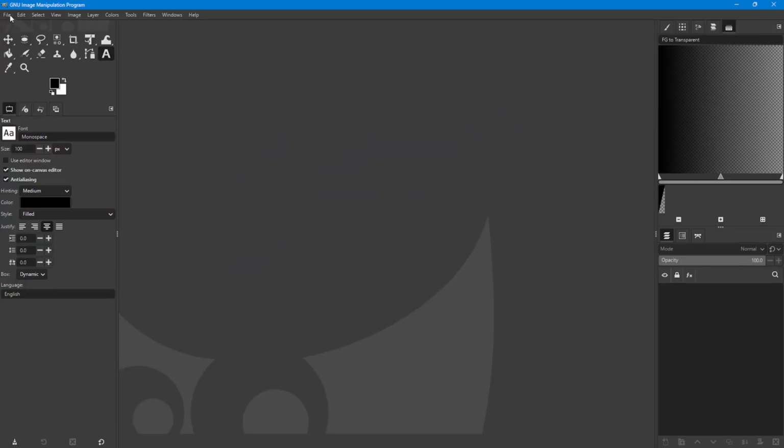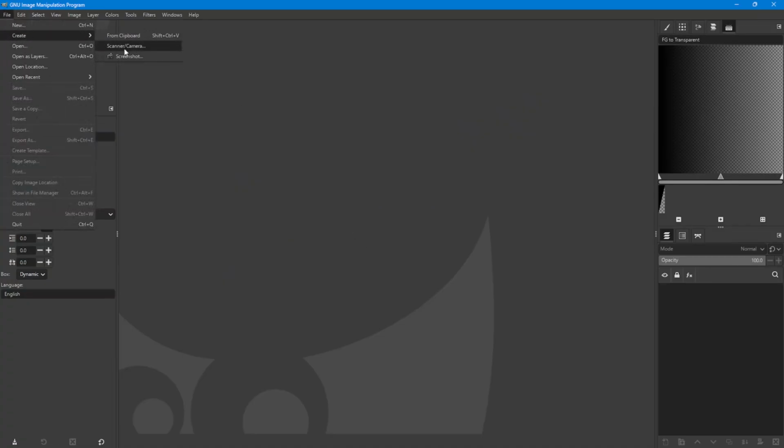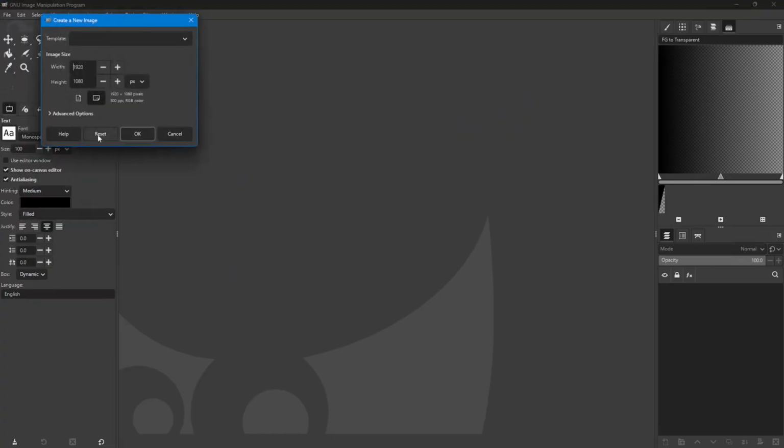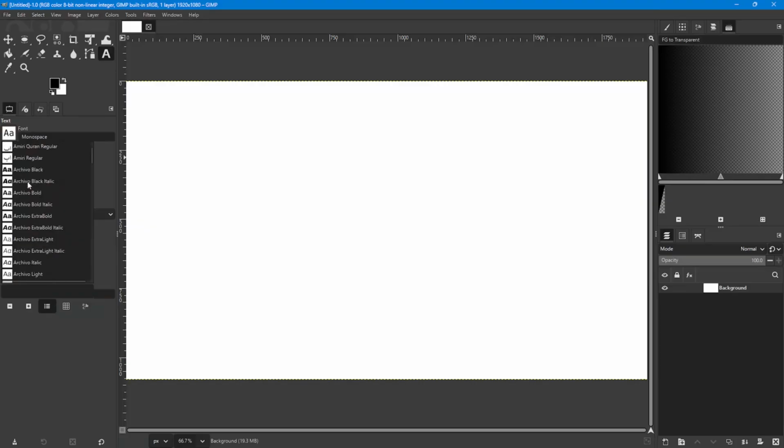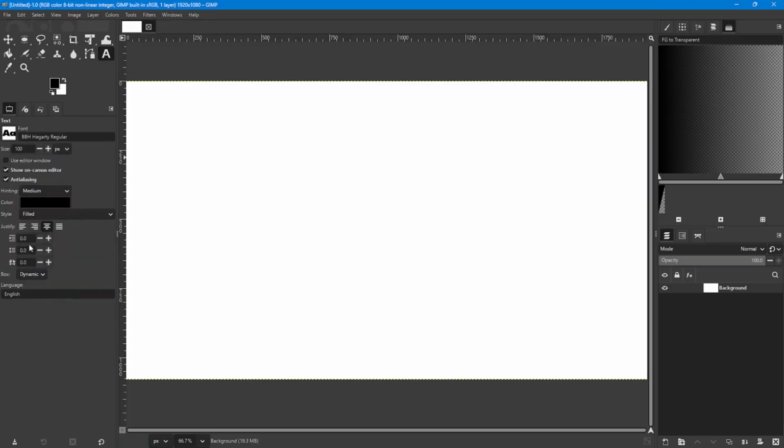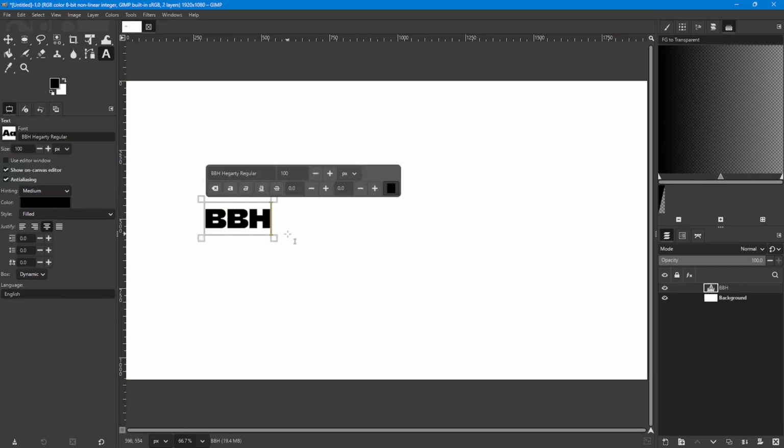And GIMP should work the same way. Let's create a default, create new, doesn't matter what size it is. Come over here. Actually, we didn't even need to do that. Let's just look through here and see if we have them in here just to verify. And there it is, BBH Hegarty, and it looks the same. You get the idea. So we could go and do all that testing just to verify it, but there's just one more to do,